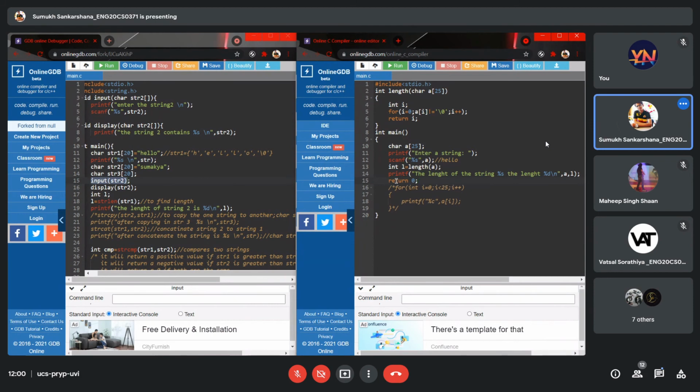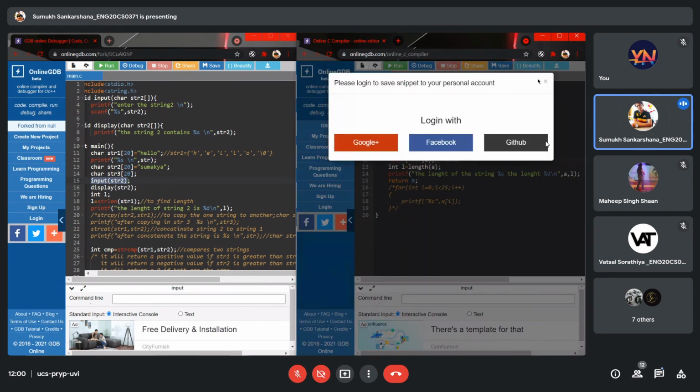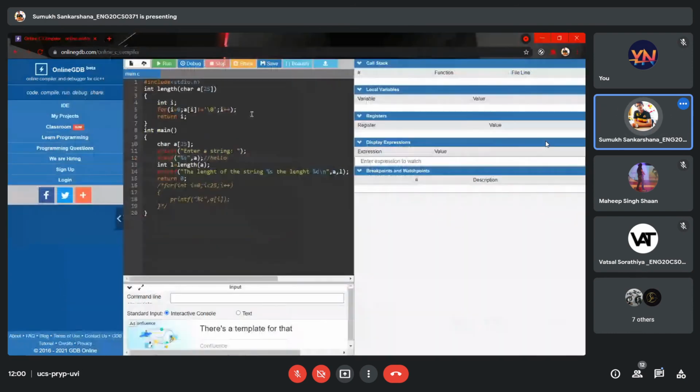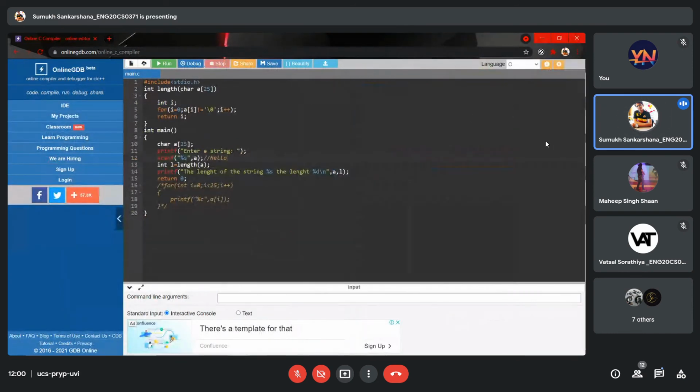Now, anybody wants to give me example inputs so that we can try whether my code works or not? Have you understood the optimized version of finding the length? We just use one variable, one loop, and do it. Are you confused anywhere in this part? If you are thorough with it and understand it perfectly, I think you can try concatenation, copy, anything. Everything will be the same. But there'll be one catch which I'll be explaining to you in a while.